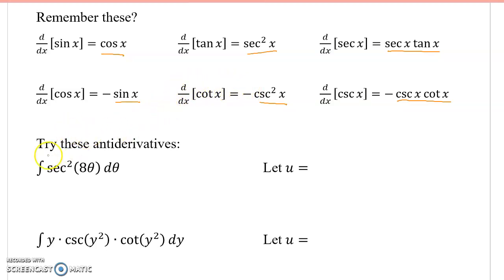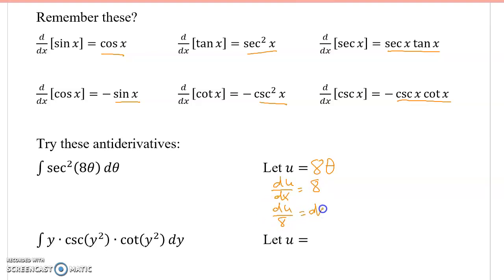So when I take a look at something like this, I see secant squared of stuff. Well, secant squared is an answer that we get when we take the derivative of the tangent. So it's just the stuff we have to worry about. Is it okay that that stuff is not x, instead it's 8 theta? Well, sure. We're going to use u substitution. We're just going to let u equal 8 theta, which means that du over dx equals 8, or du over 8